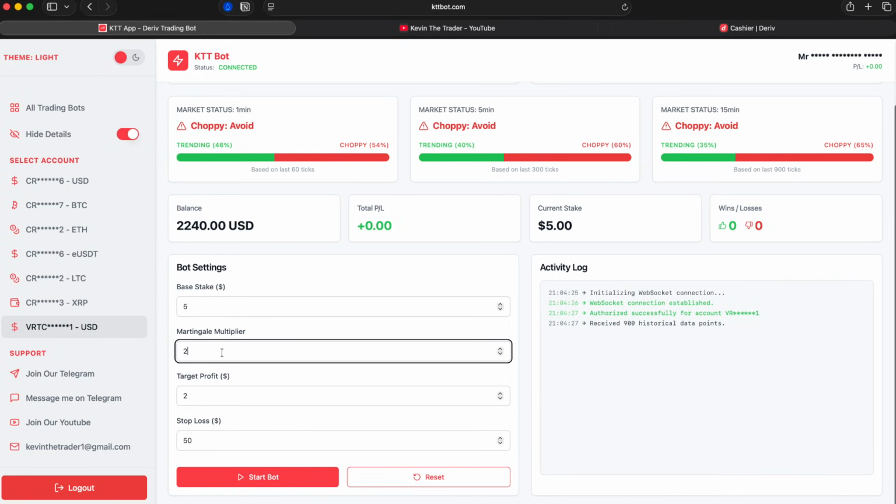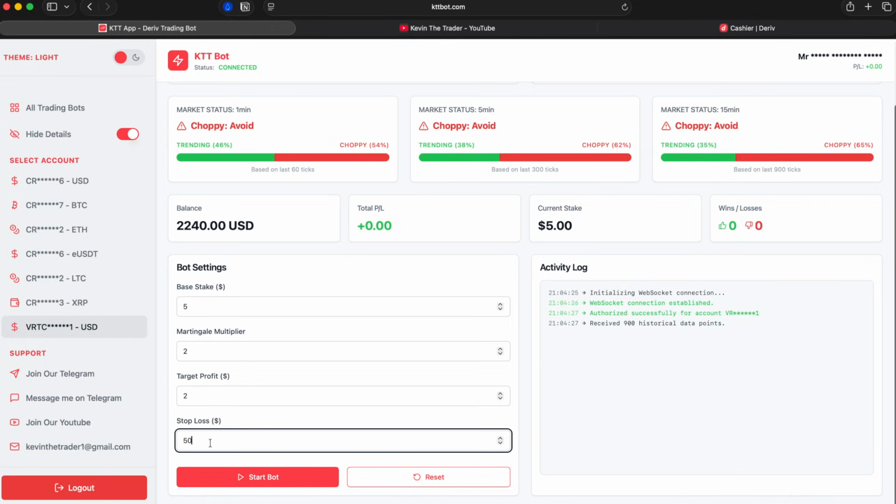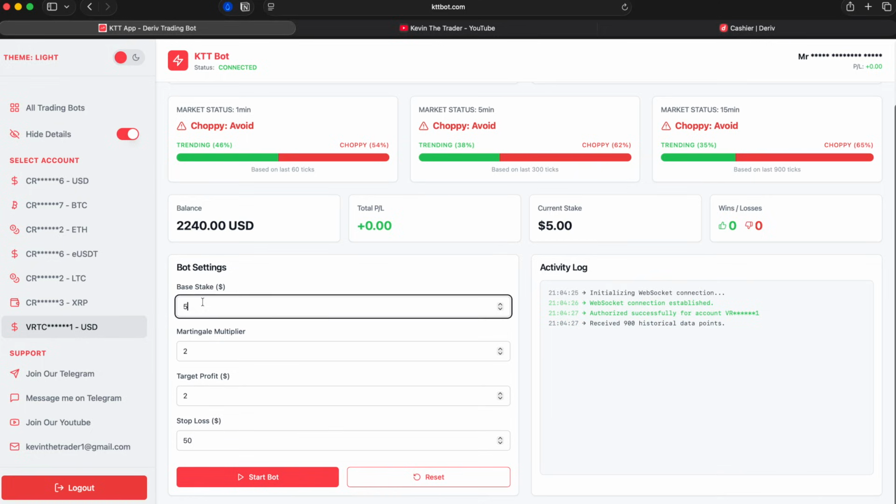Let's say you put 3, it will multiply by 3. You will now be trading with $15, which is not good for your account, because your only stop loss is $50. So the best stake here should be 5 or 10%, at most 10%